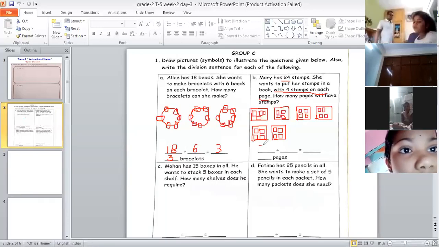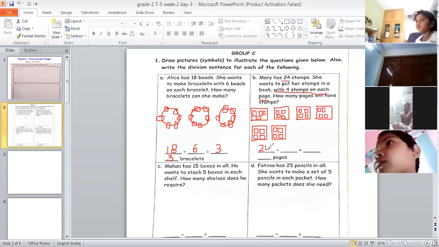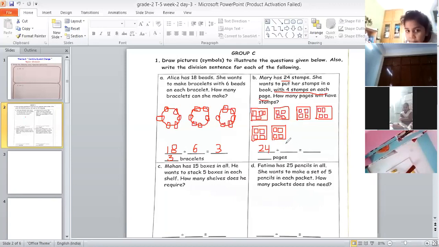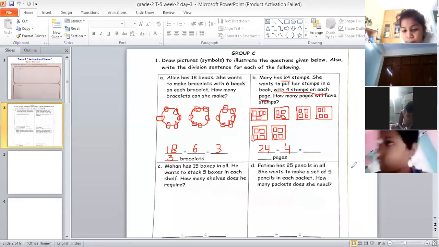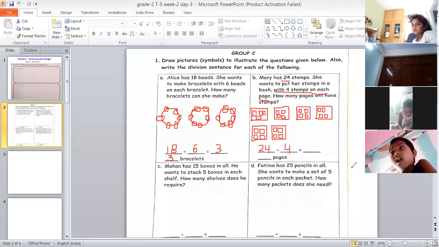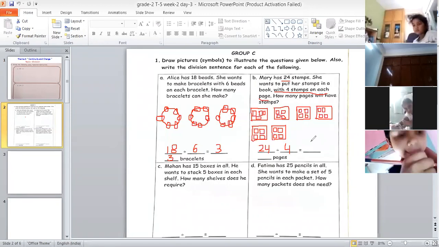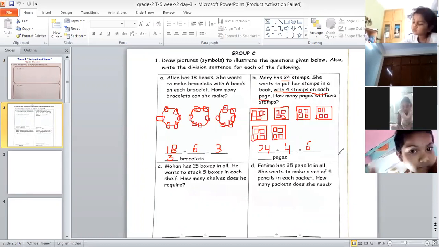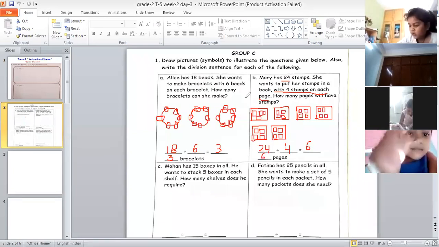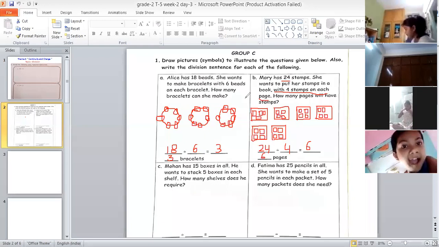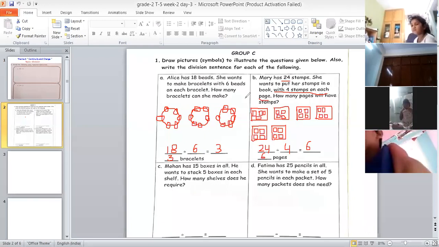Okay, so this means we have divided 24 stamps. So we will write here 24 first. And on each page, how many are there? On each page, there are 4 stamps. So after the division symbol, we will write 4. Tanishka, how many pages are there now? Number of pages 1, 2, 3, 4, 5, 6. 6, ma'am. Yes, the number of pages is 6. So after this equal to symbol, we'll write 6. And in the next line also, in the blank space, you will write 6. So we will get stamps on 6 pages. Okay.